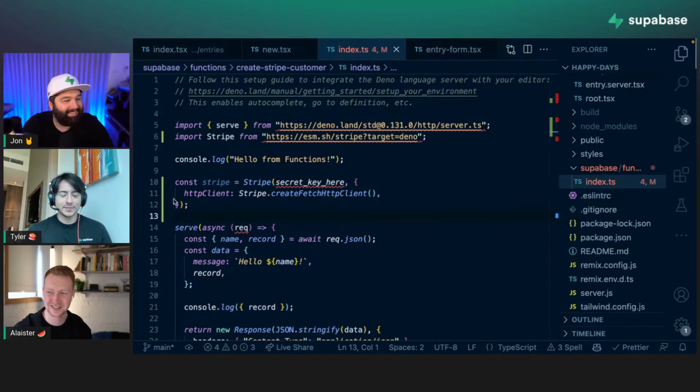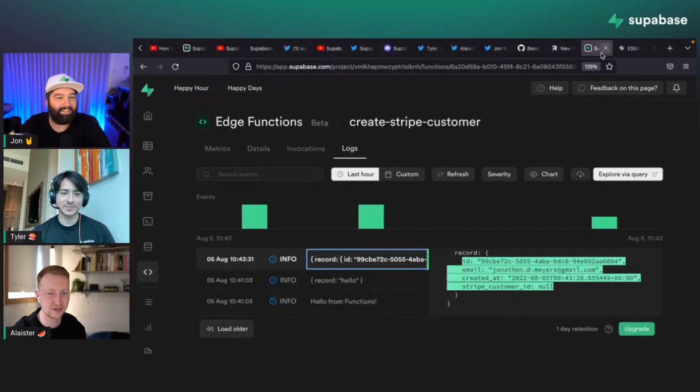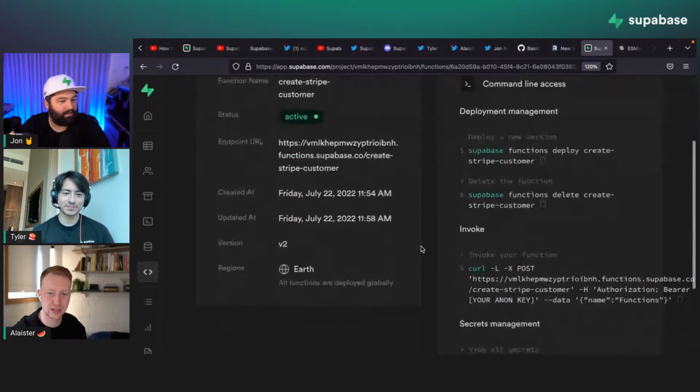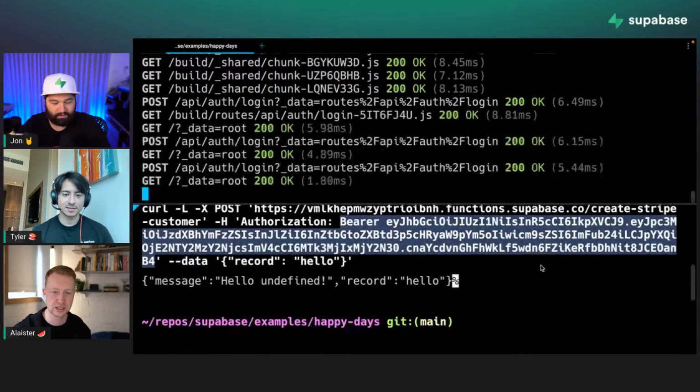Yeah. So I guess the question here is, how do we include environment variables using Supabase functions? How do we set environment variables? On the details tab of the functions page, there's some very handy docs for the CLI. Details. Secret management. Nice. Supabase secrets list. So if we were to run this,